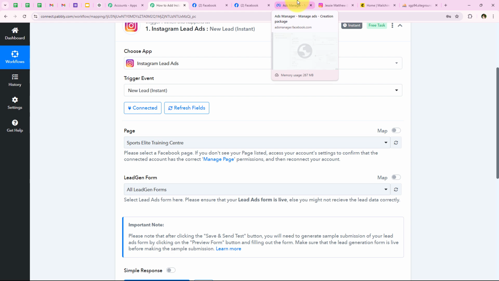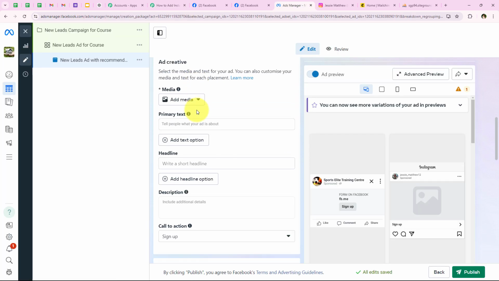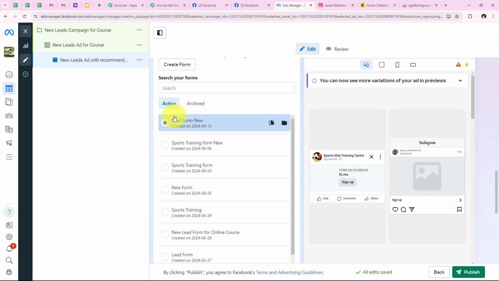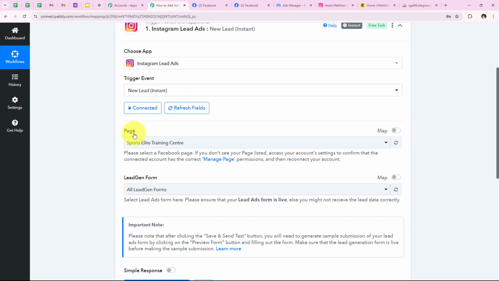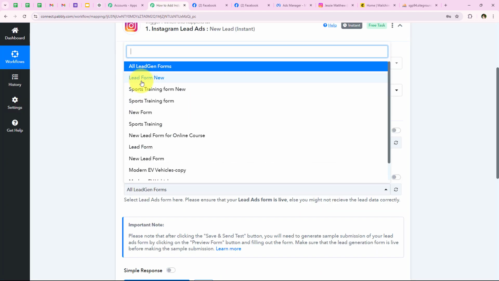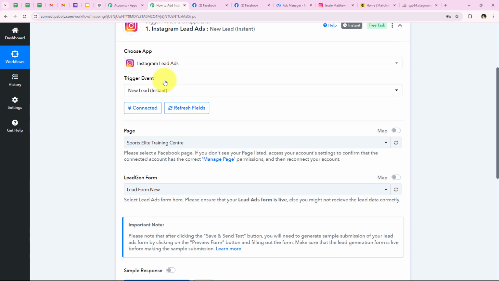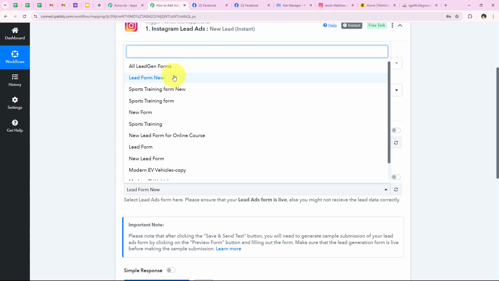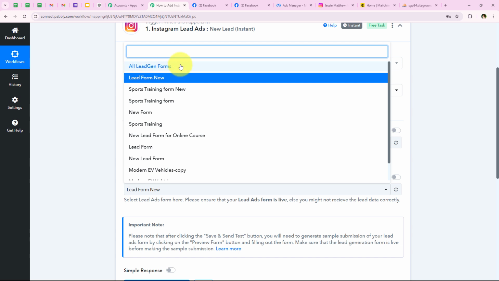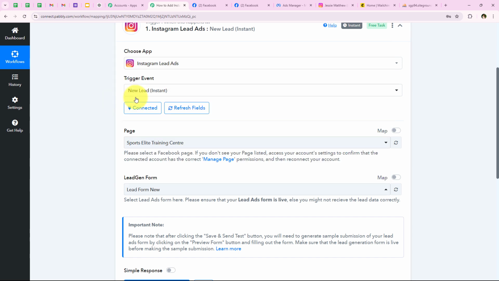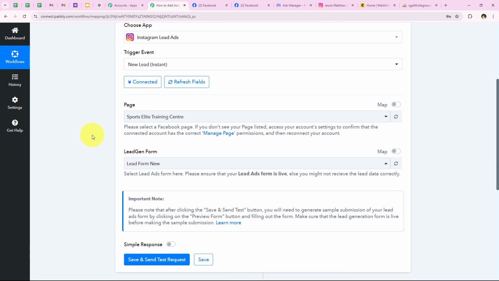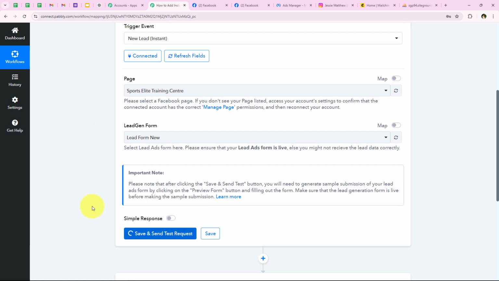So for the lead gen form, I'm going to open my campaign. And as you can see that I've connected a lead gen form, which is lead form new right over here. So I'm going to select the same only. Over here you can see lead form new, so we are going to select it. If you want, you can select any other lead gen form or all lead gen forms also if you want to create this automation for all your lead gen forms. So I'm going to select my desired form, and then we are going to click on save and send test